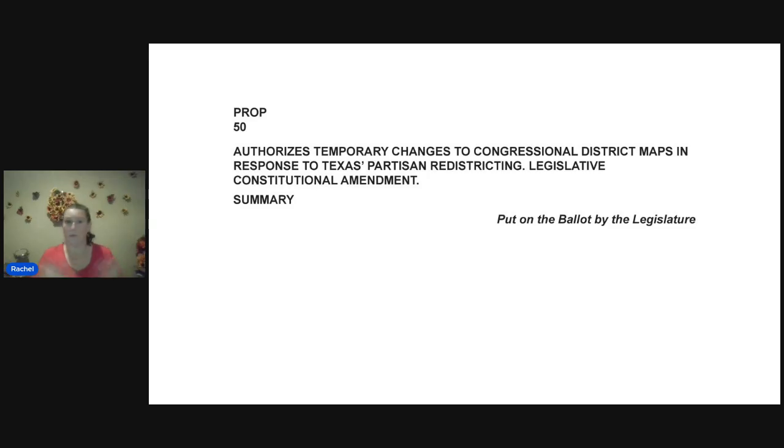Prop 50, what is it? It authorizes temporary changes to congressional district maps in response to Texas's partisan redistricting legislative constitutional amendment. So that's your summary of it. And this was put on the ballot by the legislature. So sometimes you might have people who go around, do petitions and say, hey, sign this so we can get it on the ballot. And sometimes the legislature does it. Anybody can put anything on a ballot with enough support. So